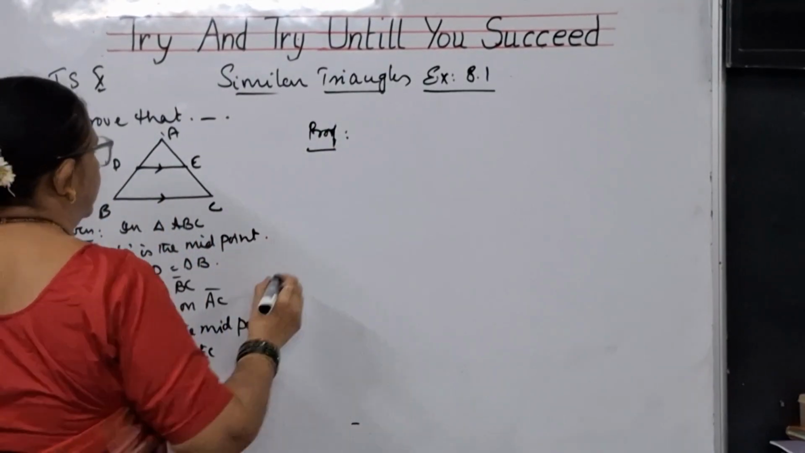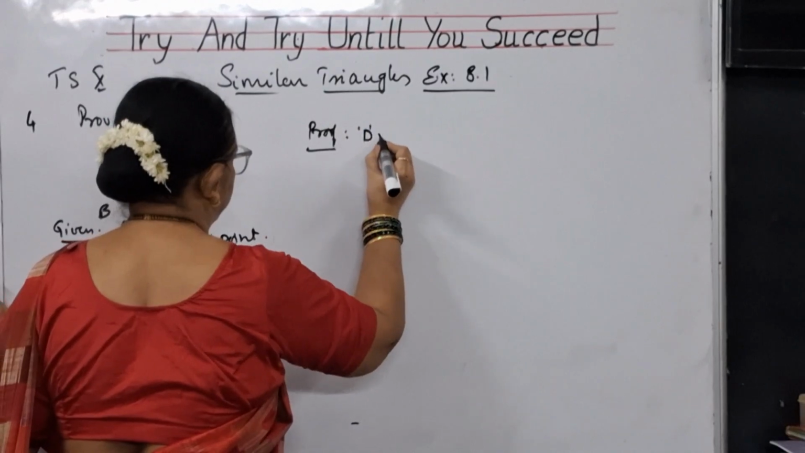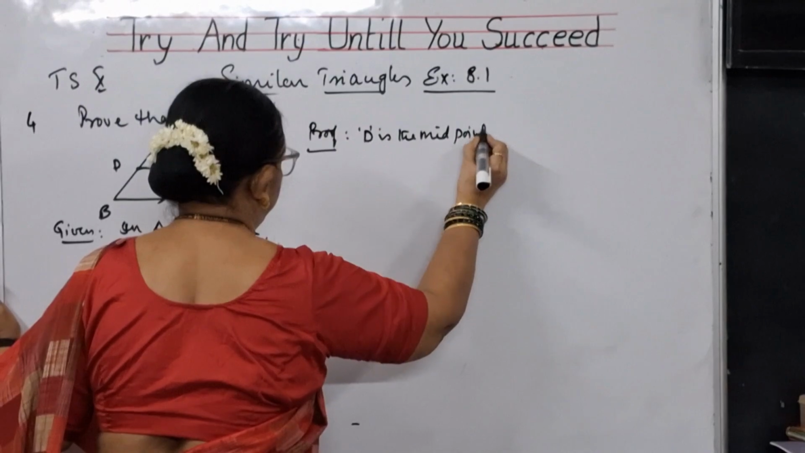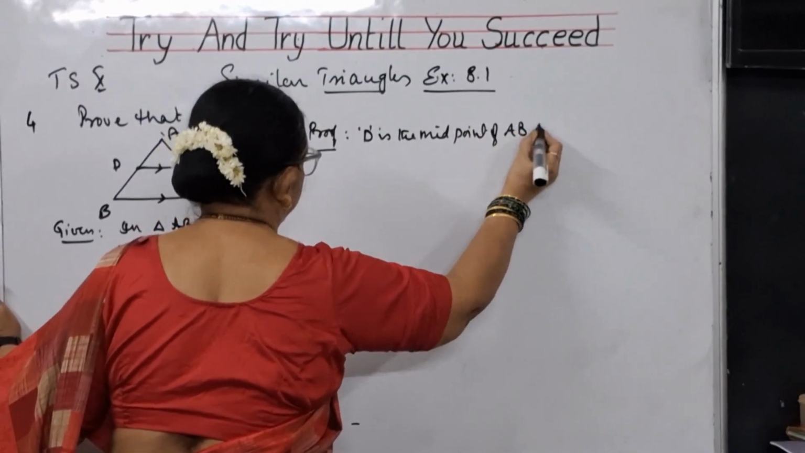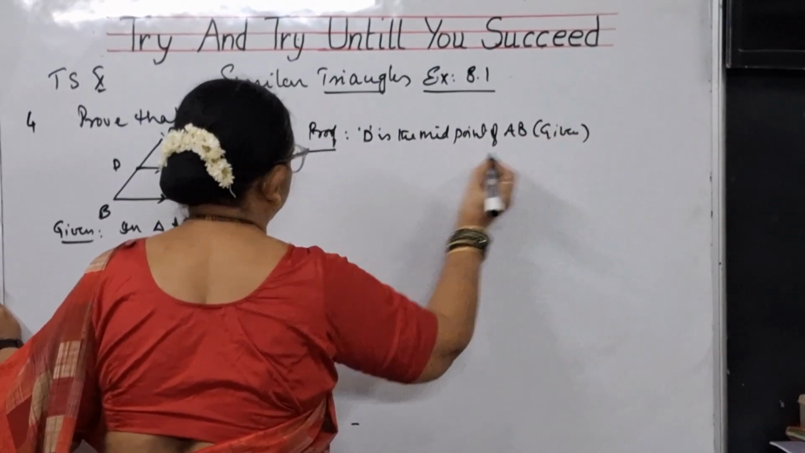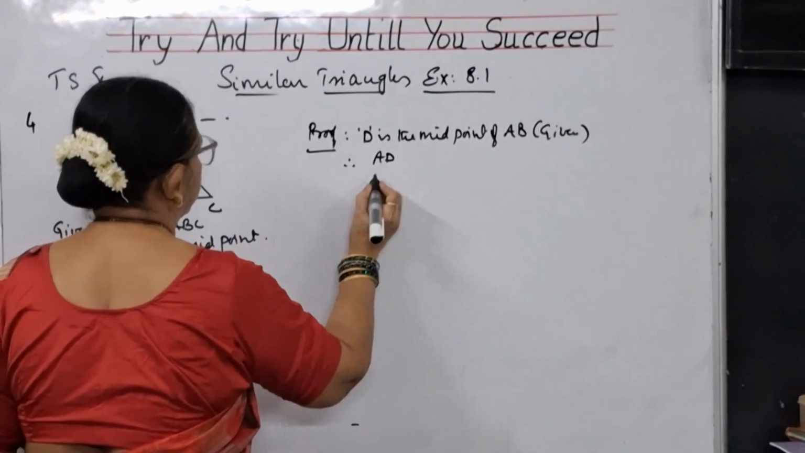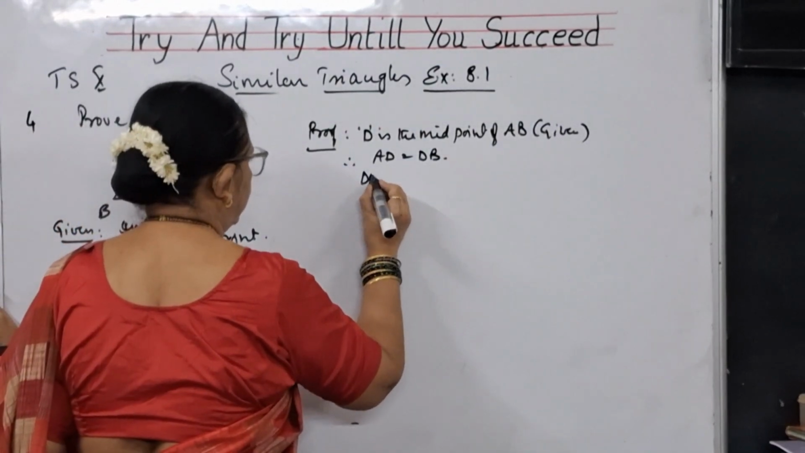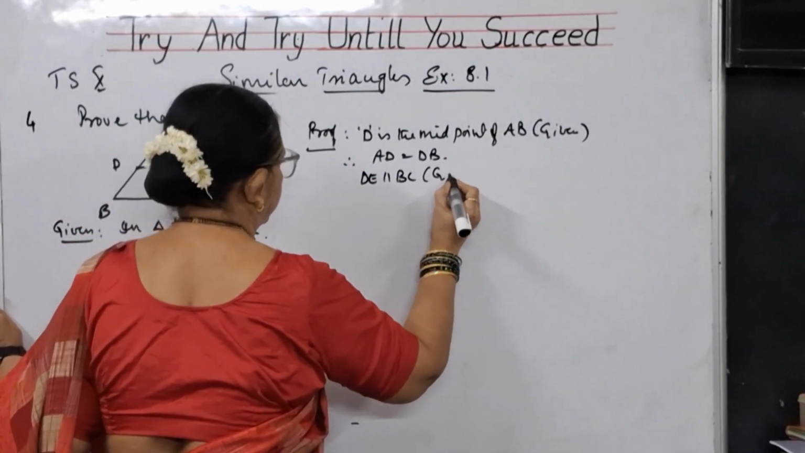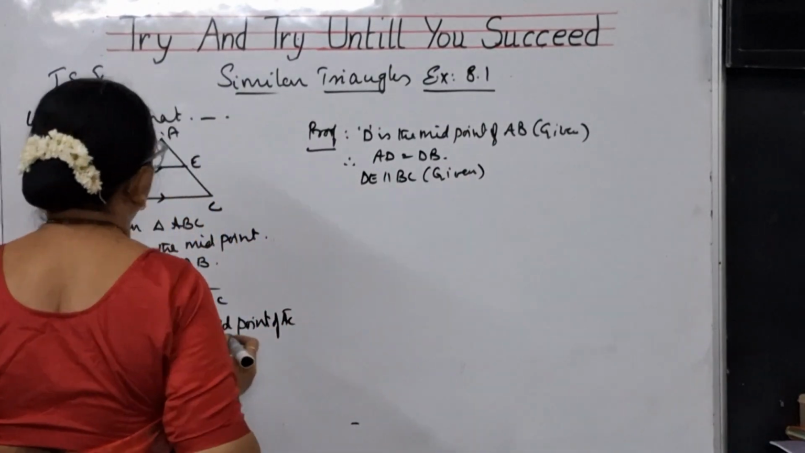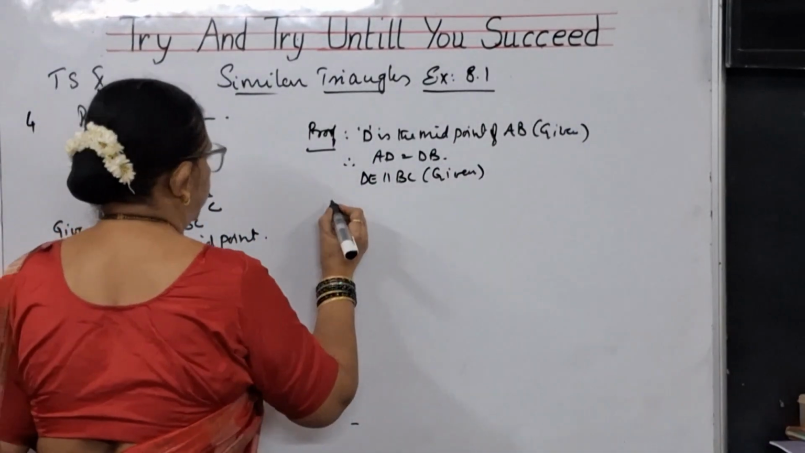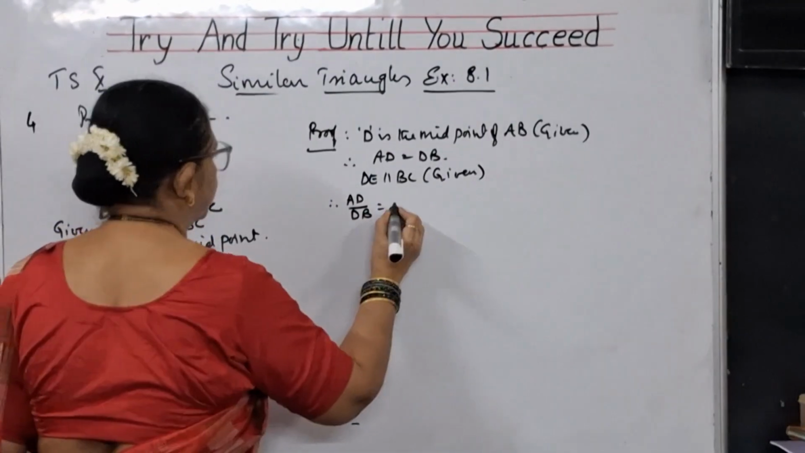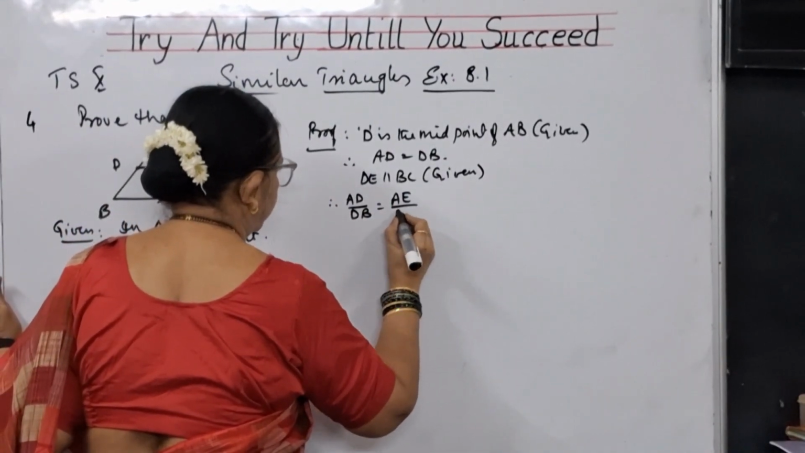What is that they said? D is the midpoint of AB. This is given to us. So you will be writing that AD is equal to DB. And also DE is parallel to BC. This is also given to us. Since DE is parallel to BC, we will be saying that AD by DB is equal to AE by EC